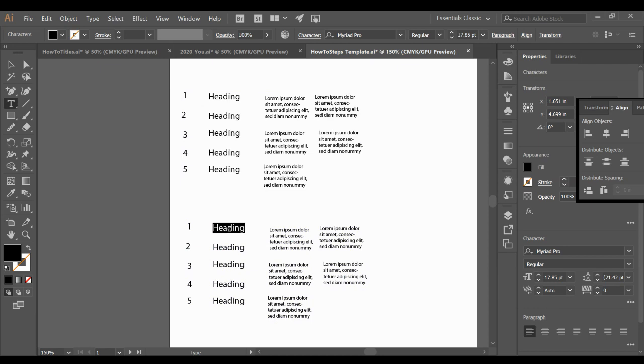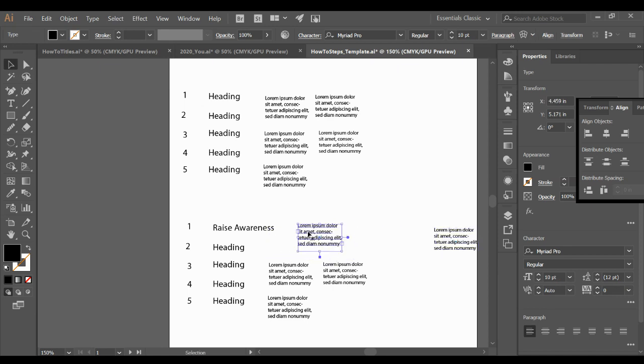So if it's, I don't know, the word happens to be raise awareness, then what you would do is change it based off your planning sheet. Go ahead and type in